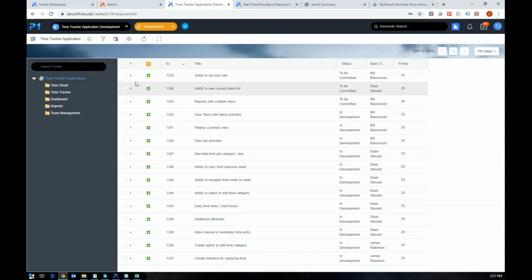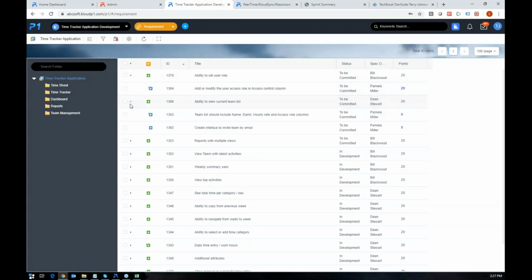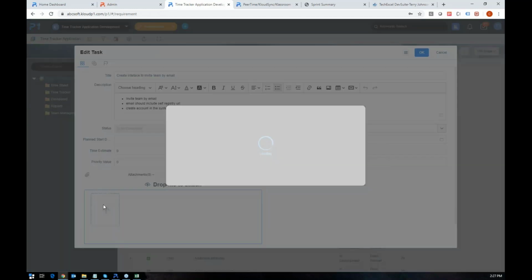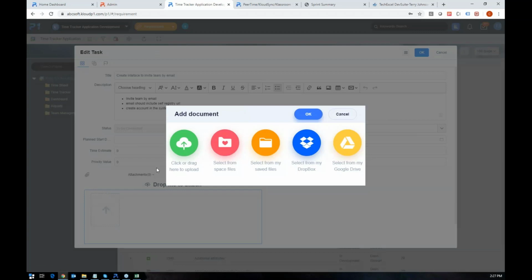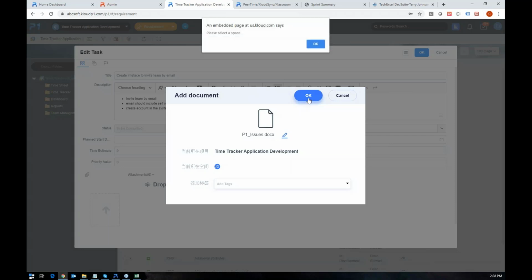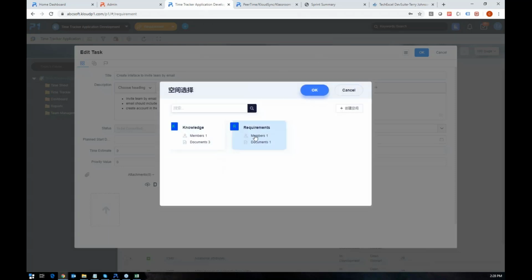So back over here, now that's loaded, I'm going to take this requirement, and what I'm going to do is associate an attachment to this. I was working with the team last night, and I discovered, I'm playing with the software on a daily basis as a product owner. So I've recorded some of these issues that I found while playing with ProjectOne. So I'm going to go ahead and upload those issues, and it's asking me to select where I want to